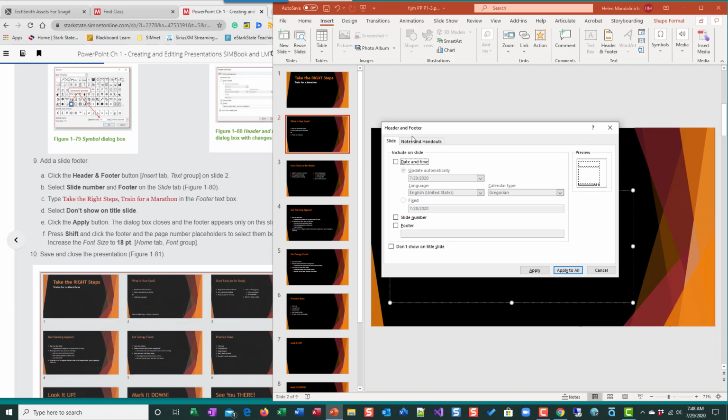So to include the slide number and the footer, and we want the footer to say, "Take the right steps, comma, train for a marathon." We do not want to show this on the title slide, but we want to show it on the remaining slides. So we check the don't show on title slide. We're going to apply,